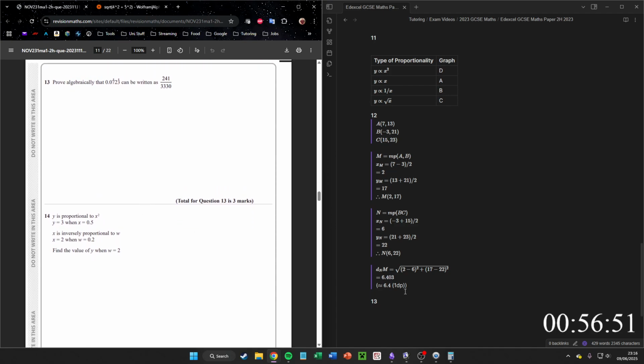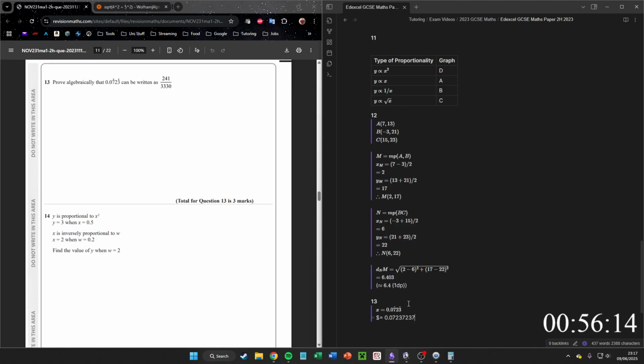Question 13. Prove algebraically that 0.072 where the 7 and the 3 are recurring, can be written as 241 over 3,330. Don't know why I'm bad at reading numbers. 3,330. So x equals this. We're going to start off with that. Which is equal to, say approximately equal to, because it's not, yeah. So it's equal to